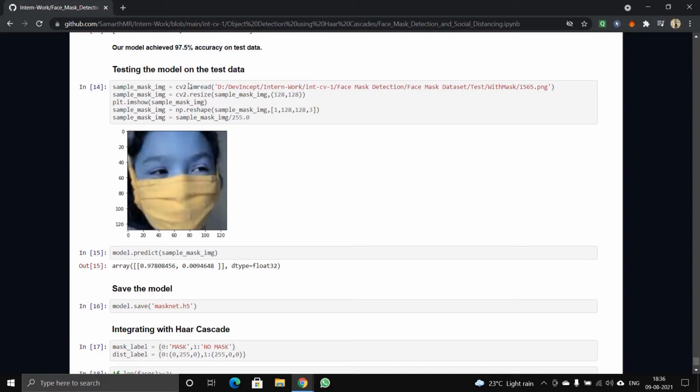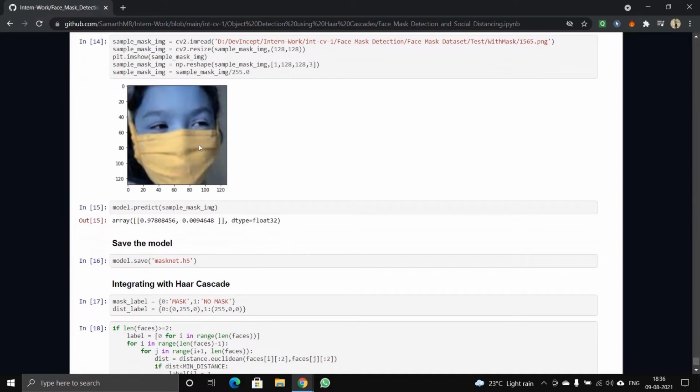Now testing the model with a random sample image. So this is the image that we have considered as the input image, and here you can use this function called model.predict to predict whether the input is having mask or no mask.